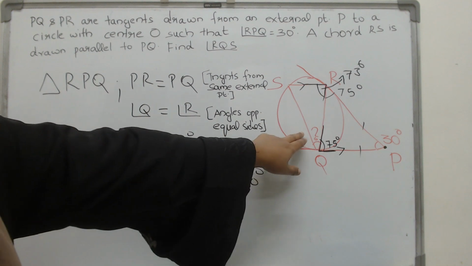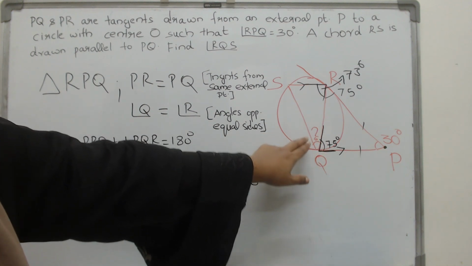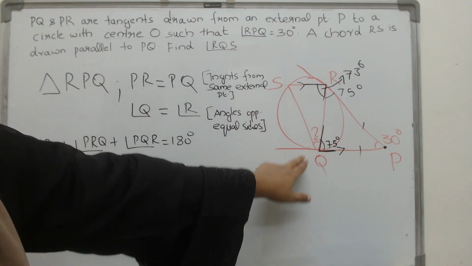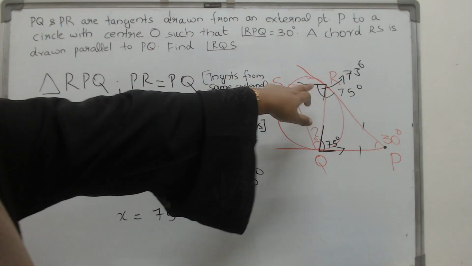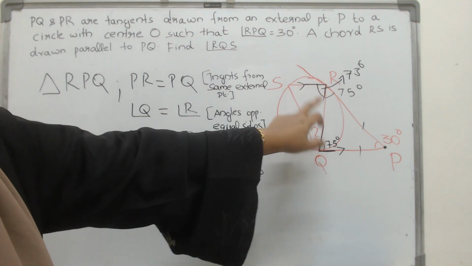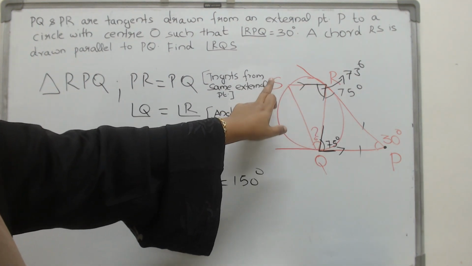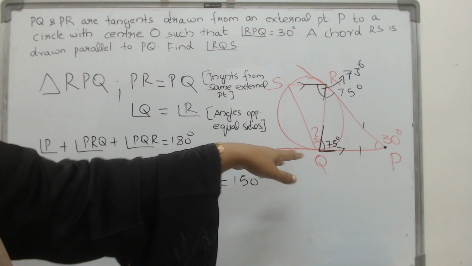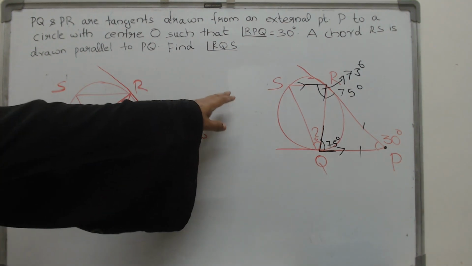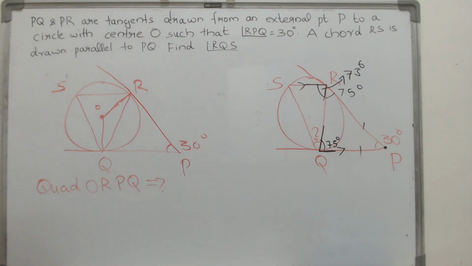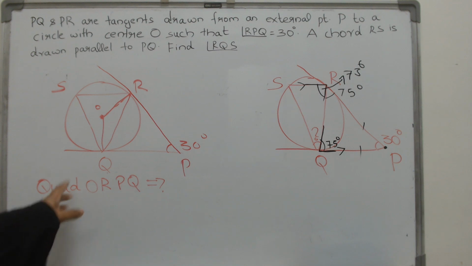What we have to find out is this angle here, this small angle SQR. And how are we going to find out? We know this one, angle R. Now all we have to do is find angle S, add them, subtract from 180 degrees. That's all. Now there are many ways to find the value of angle S, but let us stay faithful to the syllabus. Consider the quadrilateral